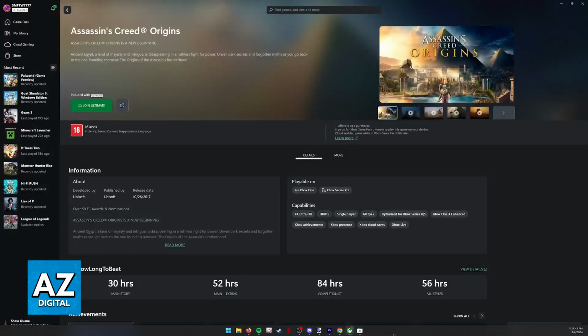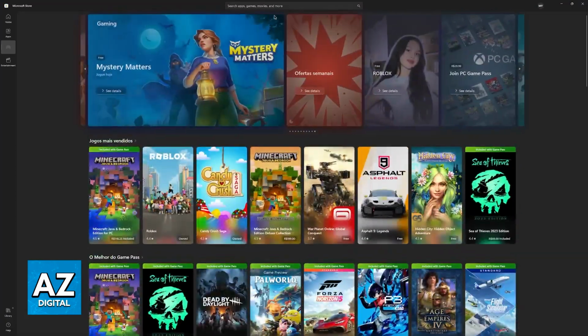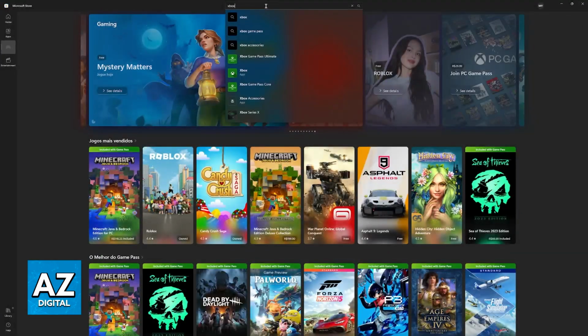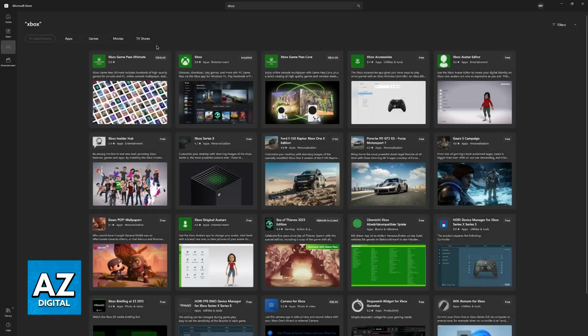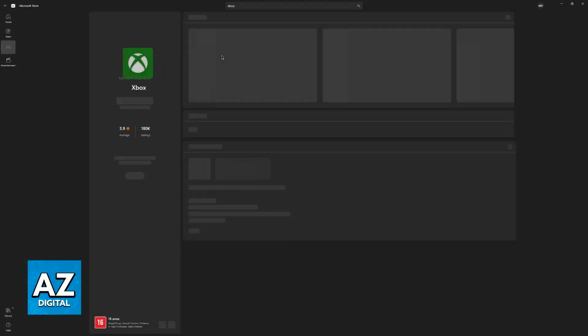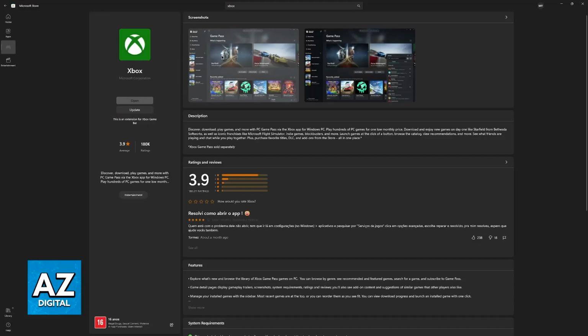If you are unable to get it working on the Xbox app, the last thing that I would recommend is to go over to the Microsoft Store and look for Xbox, where you can update the app to the latest version. The Xbox app is a default app available on all versions of Windows, in Windows 10 and Windows 11, and if you are running an outdated version of it, you might experience problems when trying to use cloud gaming or Game Pass, so make sure that it is always up to date and you will be good to go.